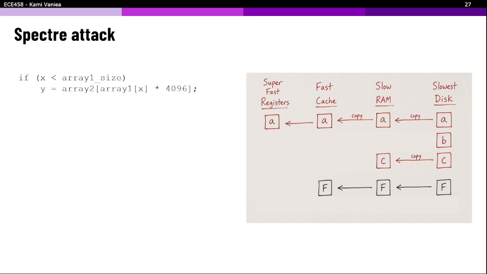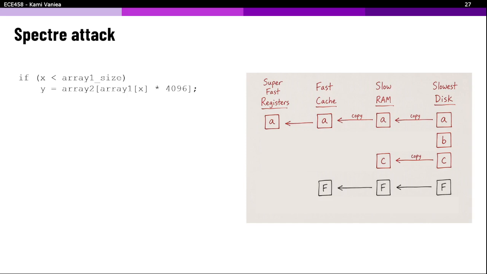And let's say that, again, we have made certain that B is in cache. This is a bit complicated with B, but I'll come back to how we did that. We know that B is in cache, and maybe C is under our control. So we've set it up like this.